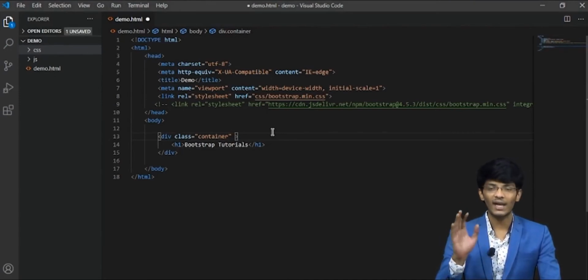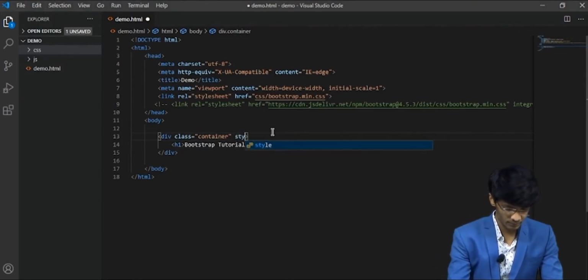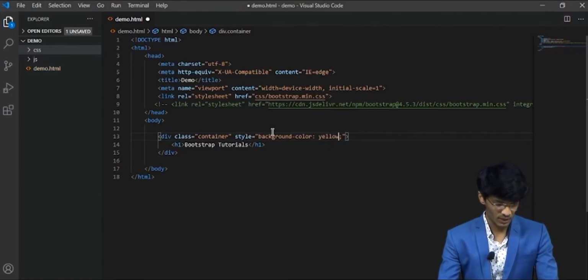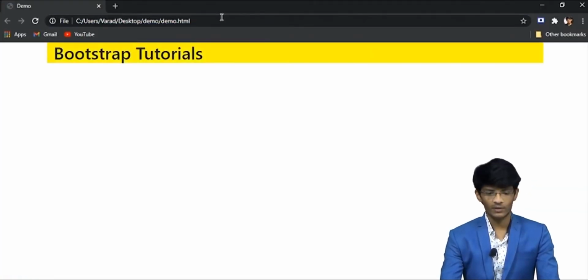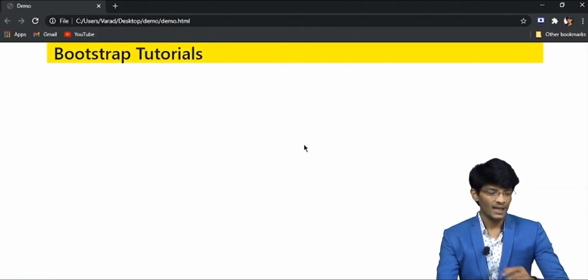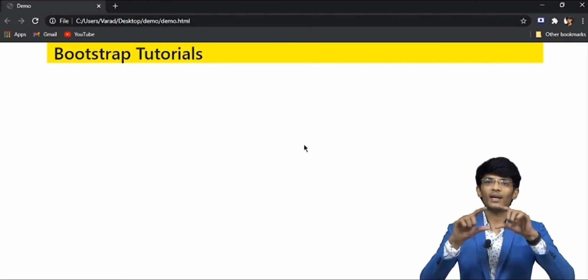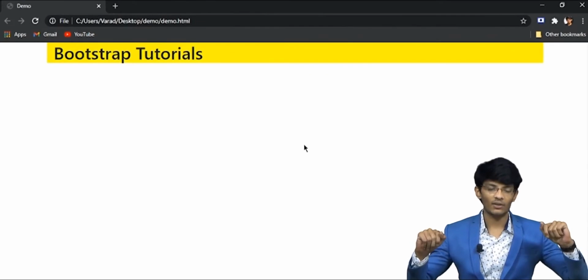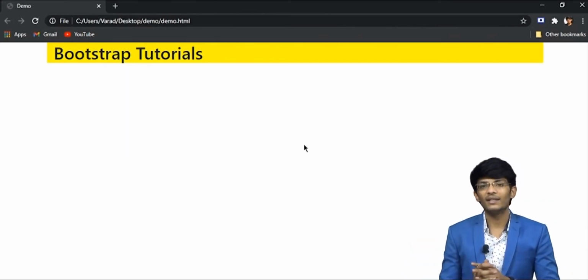For doing that, I am giving some background color to the container. Okay, now let's save it and let's see it in the browser. As you can see, the container is spread across the page and the text Bootstrap tutorial is inside that particular container.